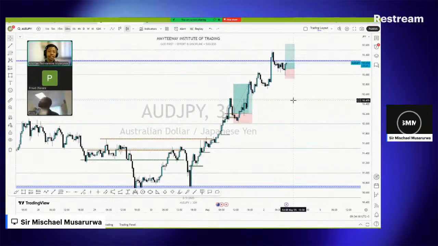So we have two confluences, right? We have a fair value gap and a what? A psychological level. As we all know, I draw my psychological levels on currency pairs after every 50 pips, and on gold, I now draw them after every 500 pips because it is moving very volatile nowadays. So if I am to draw the chart pattern